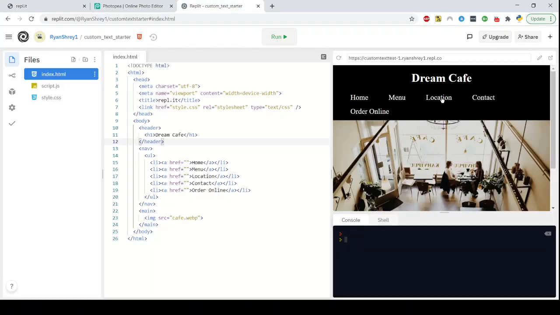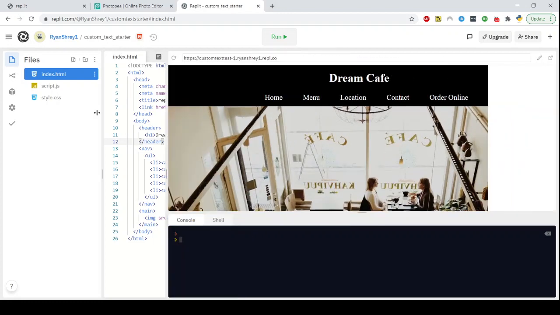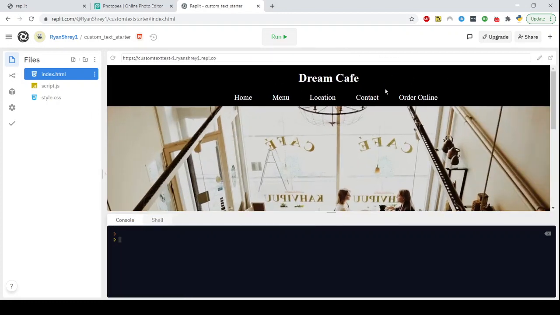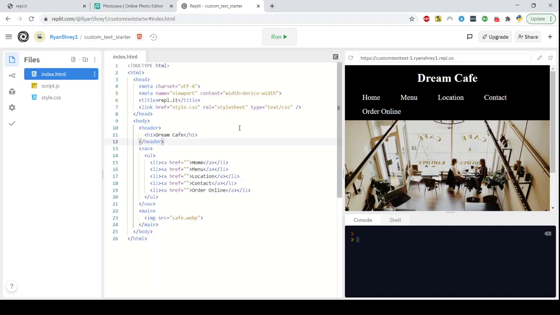This is where it starts, with this plain, boring, black and white CSS header. So your starter will start with this, and the first thing I'm gonna do is just, actually there isn't that much to change. This text, the header, the name of the cafe, will be replaced with, instead of actually using text, an image file